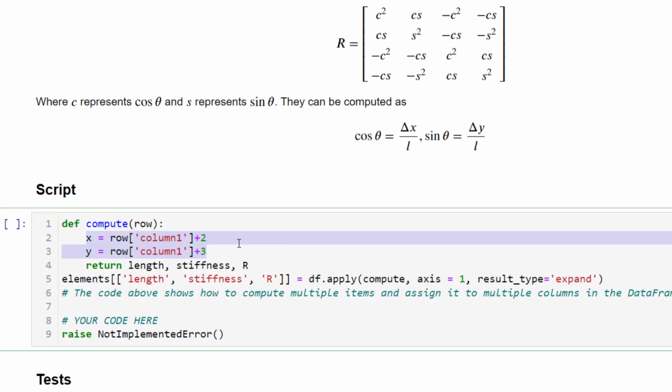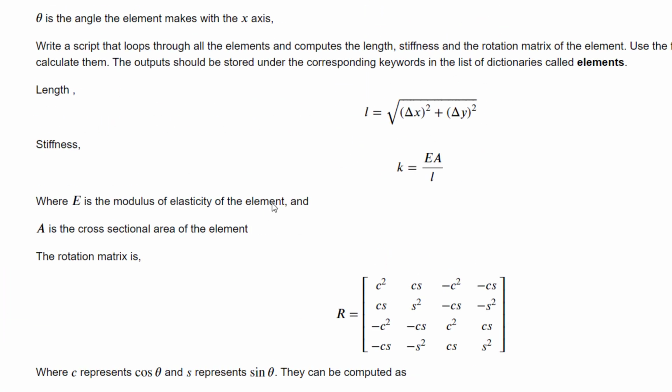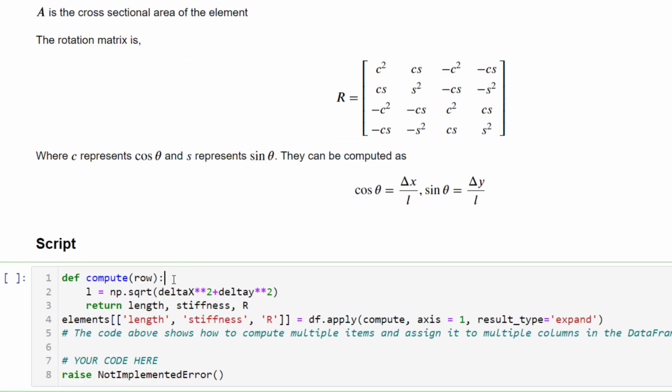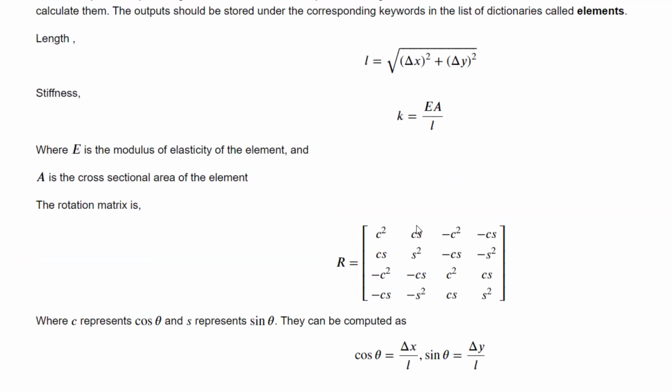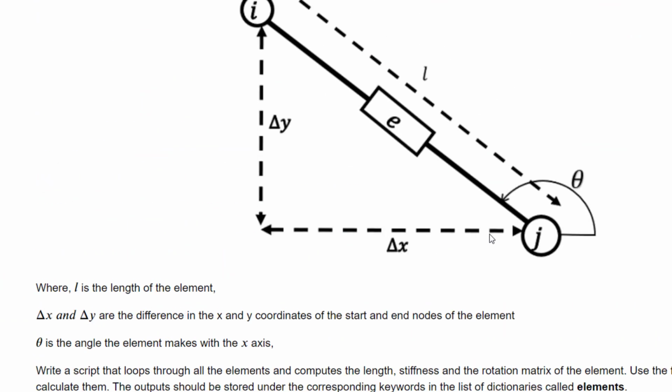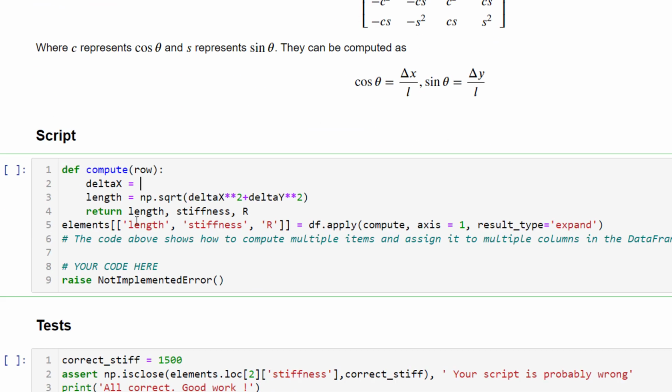stiffness, and R. So length L is np dot square root of delta x squared plus delta y squared. So we'll go in reverse. Okay, so this is my length. So what is delta x? Delta x is the difference between the end node and the start node. Okay, so delta x is going to be,